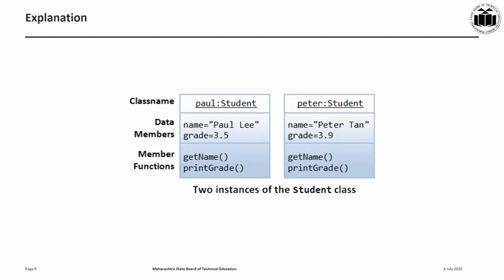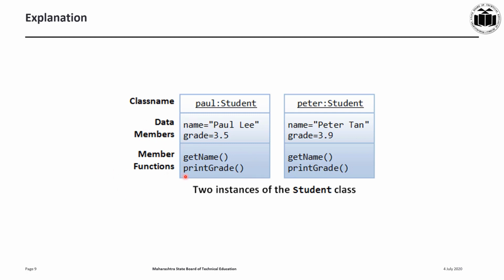Now for example, class student, and object names are Paul and Peter. What data members will be there? Data members are the properties, attributes or characteristics of class student. What characteristics can class student have? Class student can have a name as well as a grade. This is called a data member, that is your normal variable declaration; in terms of C++, we call it a data member.